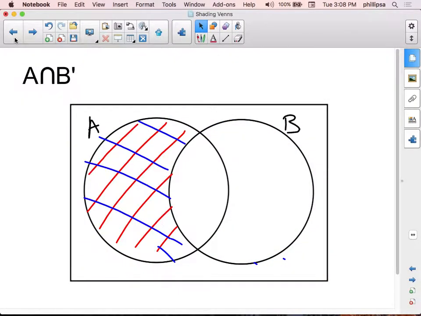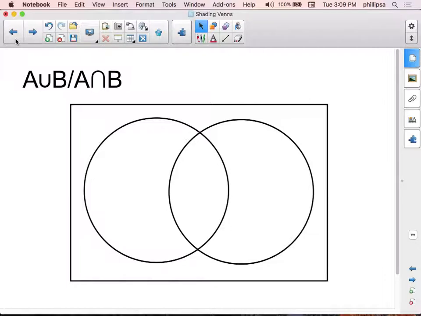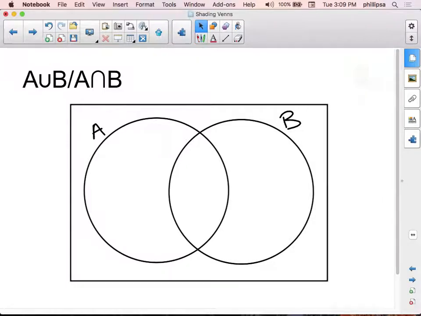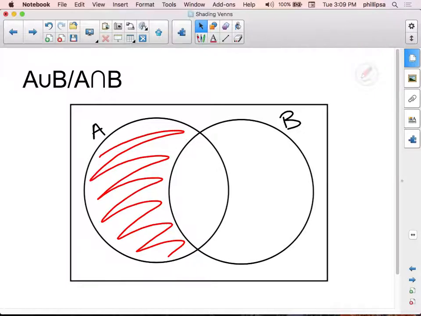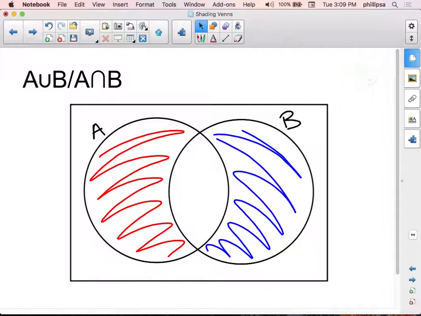Okay, there was one that we left out that we could go back to because we have a pretty good understanding about unions, which is this one. So this would be everything in A union B that's not in A intersection B. So remember that A union B is going to be everything in both circles, okay? Where A intersection B is going to be everything in only the overlap. So you're accepting everything in A union B that is not in A intersection B,